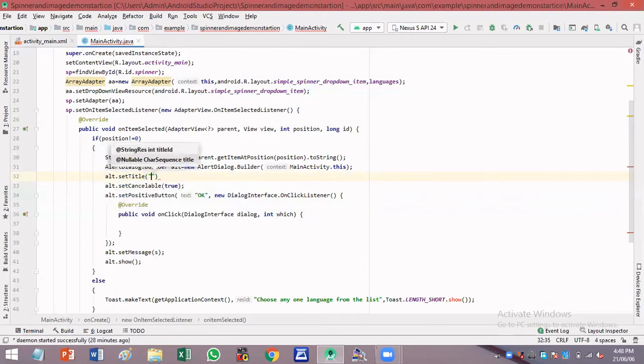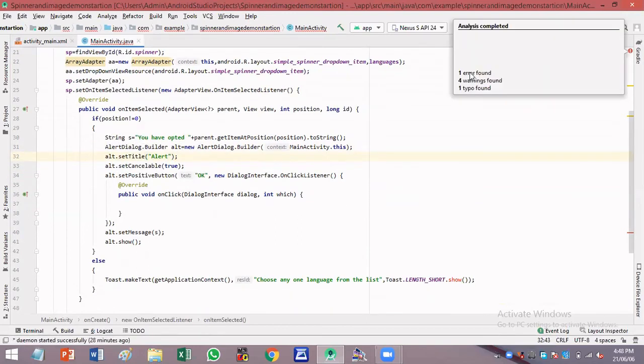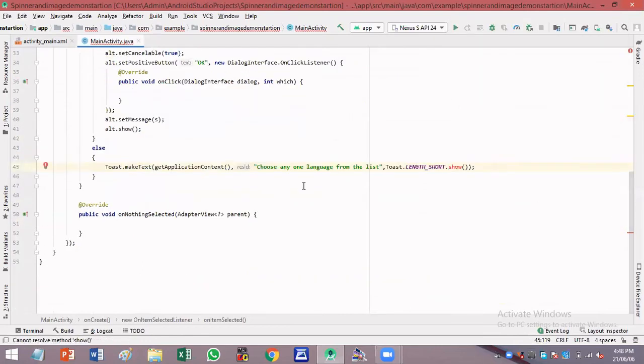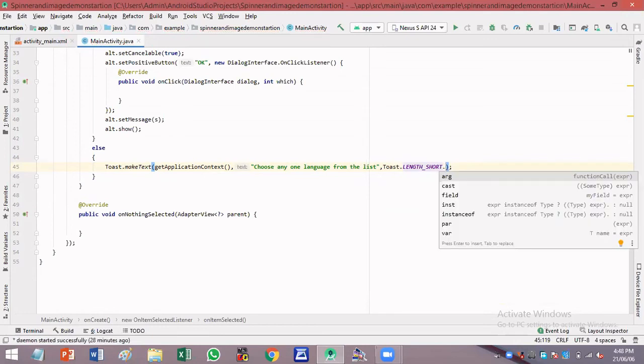Then within double quotes, I have to write Alert. And there is one more error. Dot show.